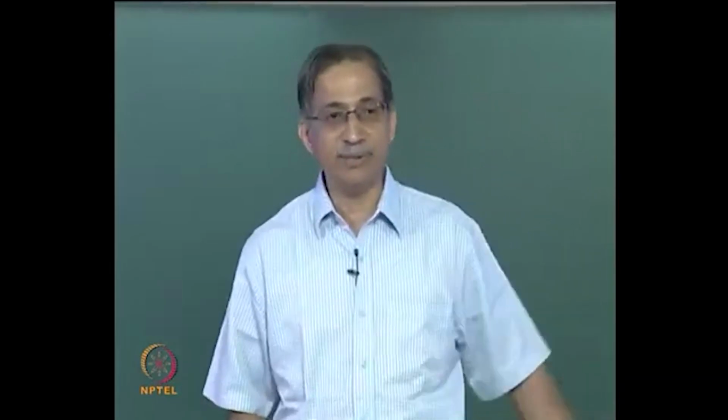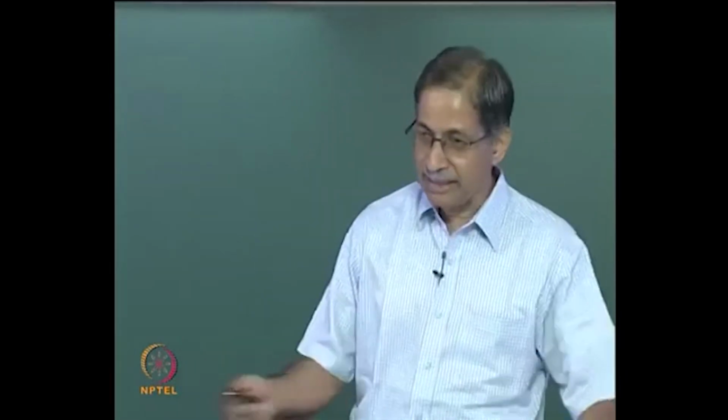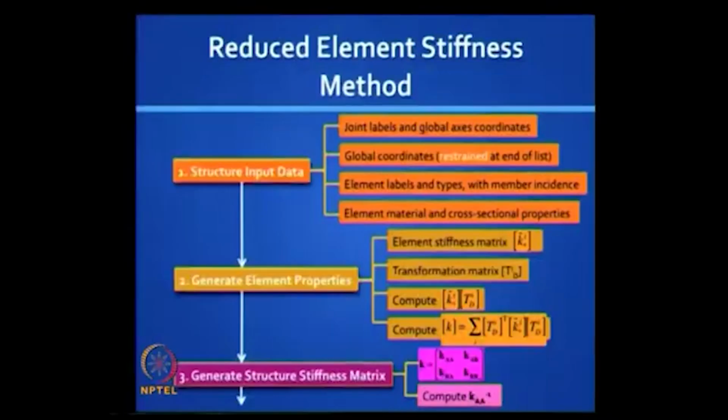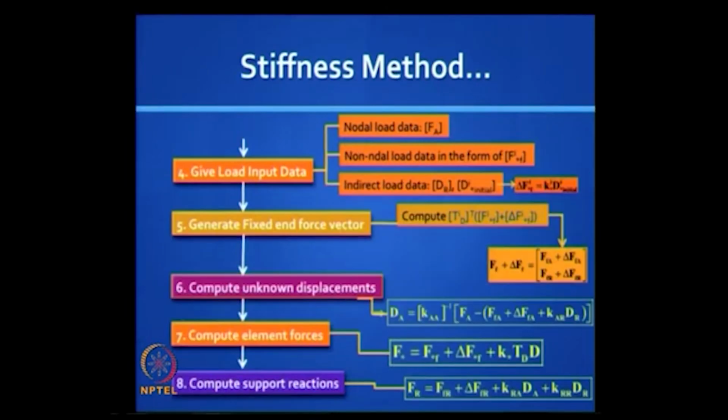So that is what you do. When you do this, you will get the full stiffness matrix without any effort. So that is to sum up the reduced element stiffness method. We will go through the details later. It is similar to the conventional stiffness method, the steps are similar, but you will really understand this only when